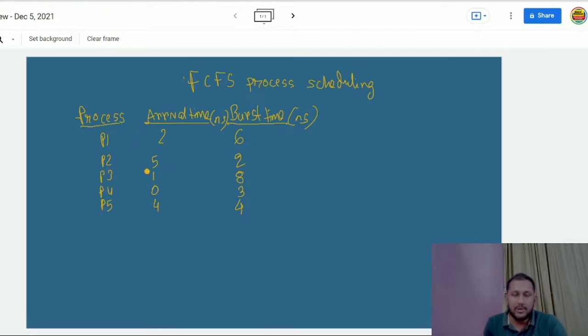Hi everybody, I am going to discuss first come first serve process scheduling. In this example, there are three columns: process, arrival time, and burst time. The unit is nanosecond. There are five processes: P1, P2, P3, P4, P5. The arrival times are 2, 5, 1, 0, 4 and the burst times are 6, 2, 8, 3, 4. We have to find out the average waiting time,